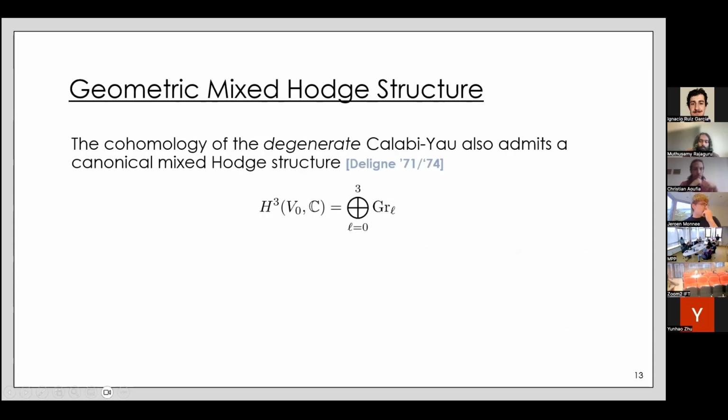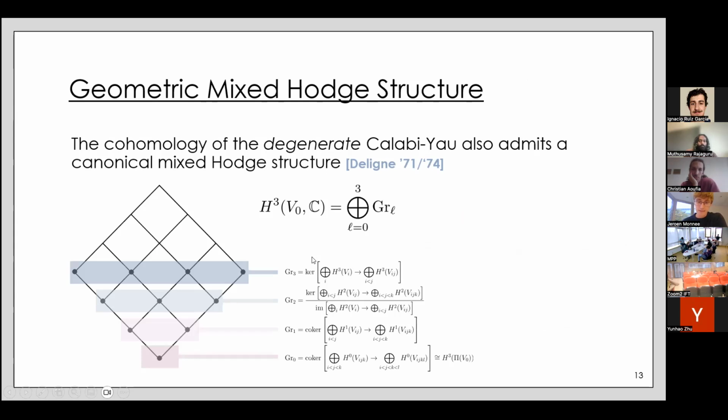Okay, now just like there was this way of separating the cohomology of the generic fiber into a bunch of spaces with a nice interpretation, it turns out that you can do the same for the degenerate Calabi-Yau. So also H3 of V0, you can separate into a bunch of graded spaces again. A priori, I should use a slightly different notation for this, but in the end, we will see that these two are very much related, so I use the same symbol. And in this case, these graded spaces have a very direct geometric interpretation. So you can write them down in terms of some cohomology classes.